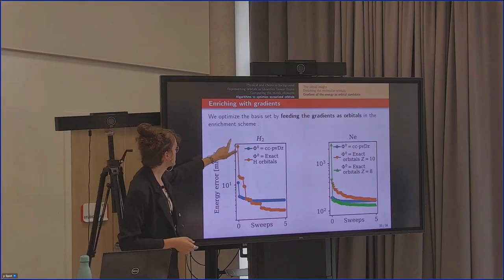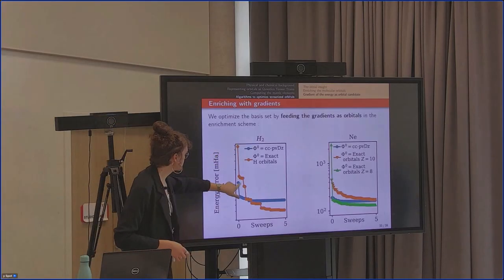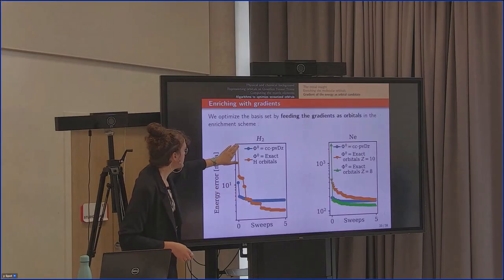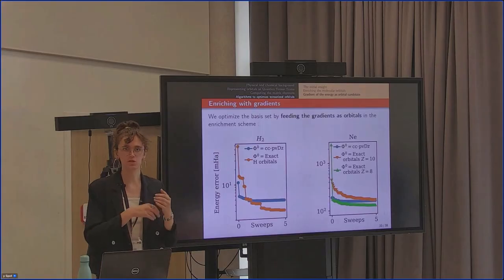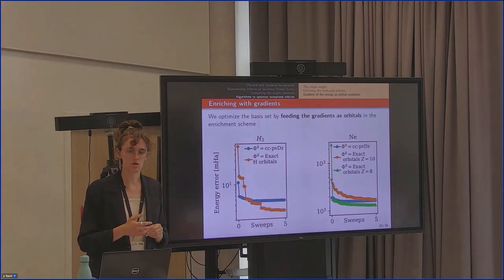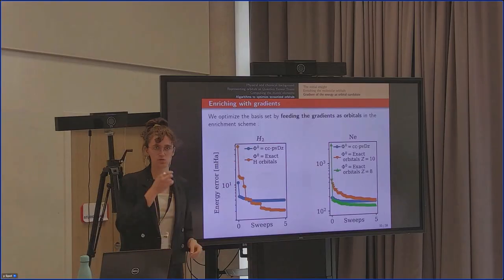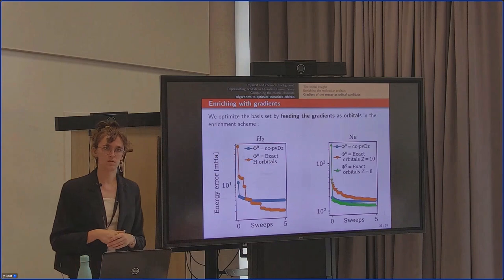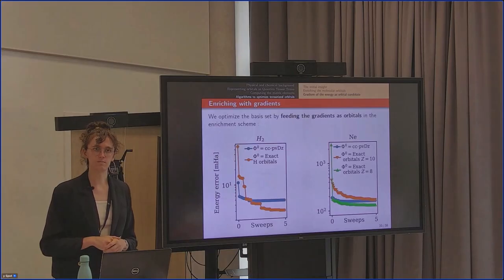However, with this gradient improvement scheme, you manage in a few steps to get from this point, which had a lot of interesting information but was not put to good use. For this example, how many orbitals? 10, I didn't detail. This is for 10 orbitals for H2 and 14 for neon. Okay, so you take 10 orbitals from H, you create a basis set for H2, it doesn't work, and then you improve it. You improve it, yes. Okay, interesting. Okay.